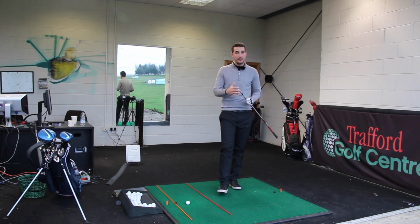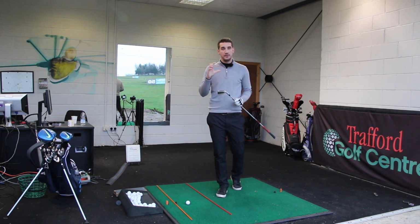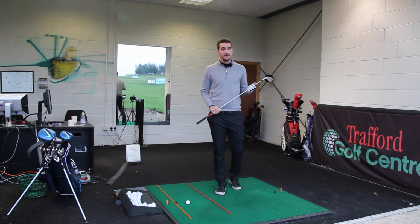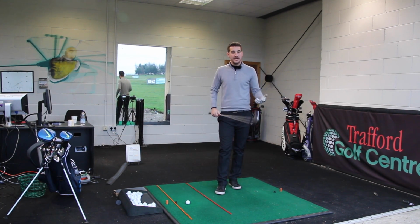And I get a lot of nice comments about how good the swing is, but for me personally it's not quite functioning every single time. So like all of us, we need to try to improve different aspects of the swing,